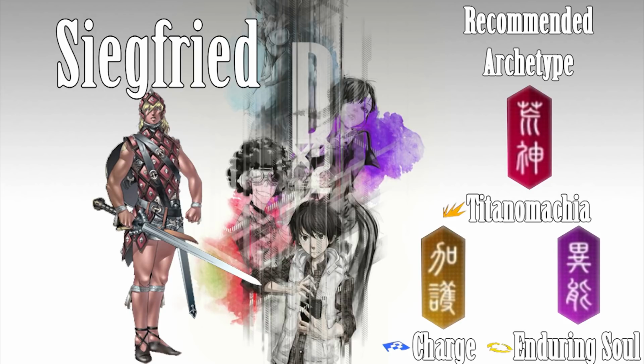skill. Yellow if you want Charge, which will increase your physical attack by 125%, which can combo amazingly if you're using Templar Dragon as your liberator, which will further increase its effect by 50%. And purple will give Siegfried a second wind with Enduring Soul, which will prevent it from dying once and recover